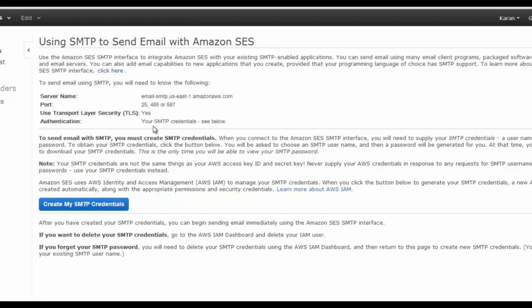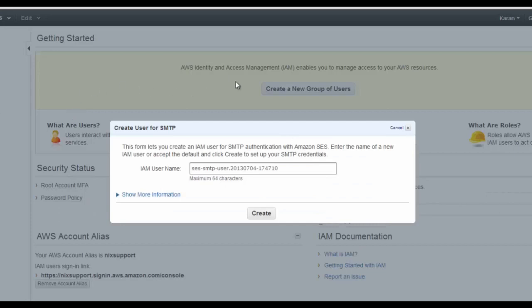And you also need your SMTP credentials. Now how can I get my SMTP credentials? As we have discussed previously, there is a service called Identity and Access Management, so we generate our credentials under that service. When we click on this button, it takes us to the Identity and Access Management console, and it automatically creates a user for us. Once this user is created,